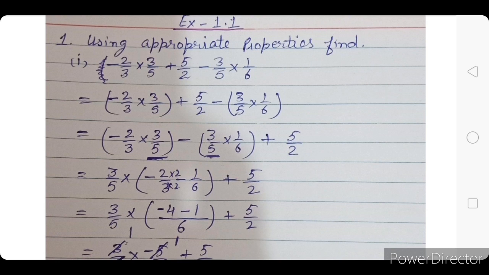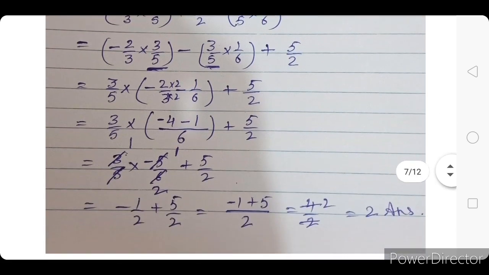So we will multiply it by 2. 2 2s of 4 will be there. Minus 4 and minus 1 is minus 5 by 6, and after cancelling 5 and 5 is cancelled, 3 2s of 6 is cancelled. We will be left with minus 1 by 2 plus 5 by 2. Again it is very easy. 5 by 2 minus 1 by 2 is 4 by 2, and by dividing we will get 2. Answer is 2. So this is the way to solve this. And the second part I am not doing here because that is your work to do. You will do it yourself.